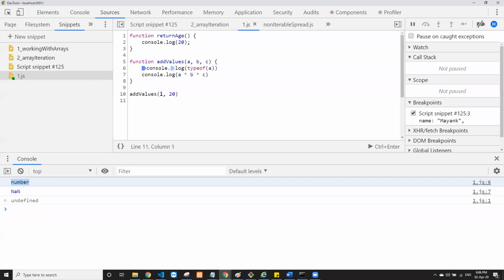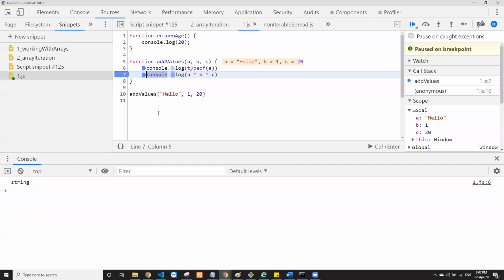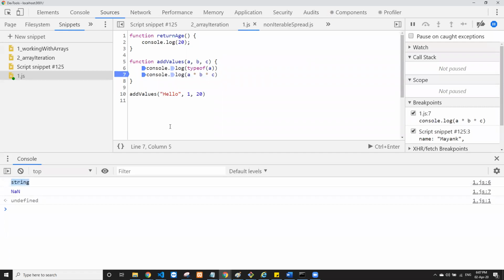Let's say you pass some string value into it. This is a string which says hello. This is a string value. Let's see what happens when we run this particular code. JavaScript will get to know the type of this value A, which is string. Then you try to multiply a string with 1 and it will say the operation that you were trying to do does not have numbers. So it is NaN, not a number.